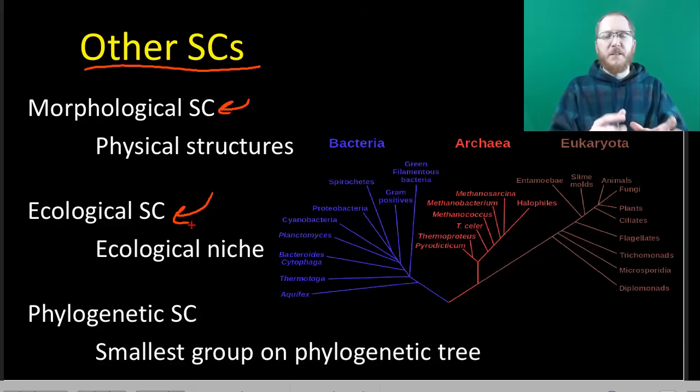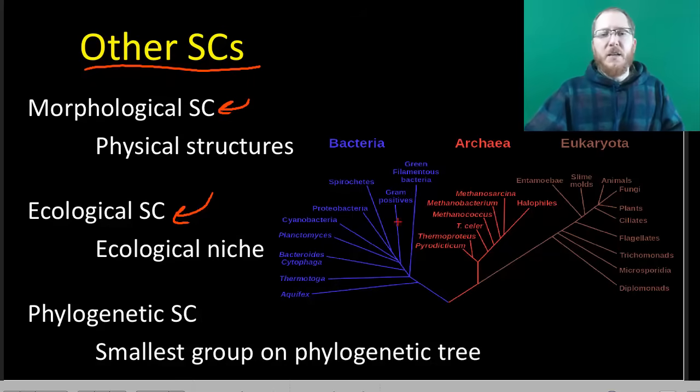That vampire finch in this case would be a different species because it does something ecologically different than the other ones. Its niche overlaps somewhat with perhaps the nectar drinking, but the vampiric aspect would kind of put it in a different group most likely, so we'd say that's a new species based upon ecological.